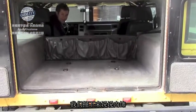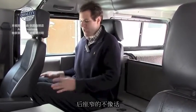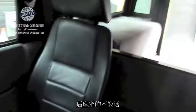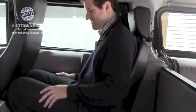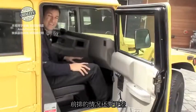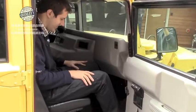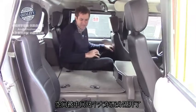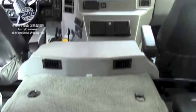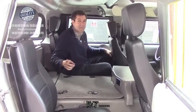Now let's talk interior. It's huge, but it's also a horrible use of space. The rear seat is insanely narrow, and there's practically no legroom. It's even worse in the front, where there is absolutely no room for your feet. Part of the reason why it's so small inside is that this entire car is divided by this huge center partition, which has no useful purpose except